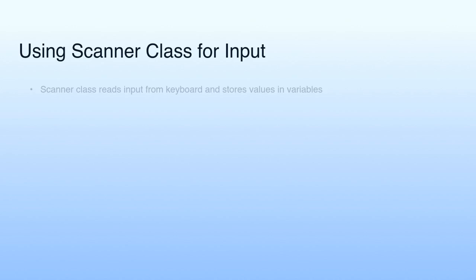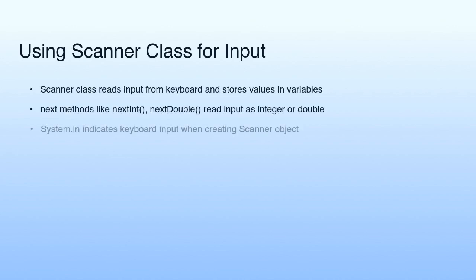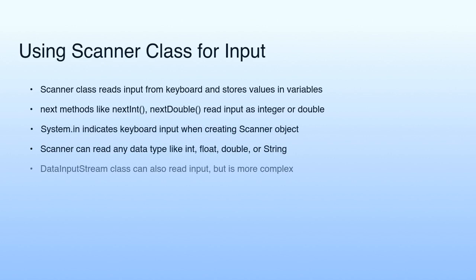The Scanner class reads input from the keyboard and stores values in variables. Methods like nextInt and nextDouble read input as integer or double respectively. The System.in object indicates keyboard input when creating a Scanner object. The Scanner class can read any data type, such as int, float, double or string, making it a versatile tool